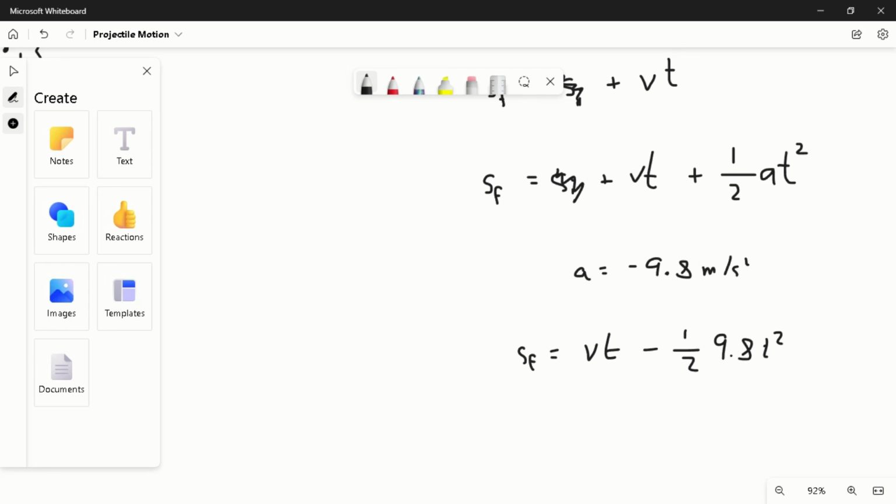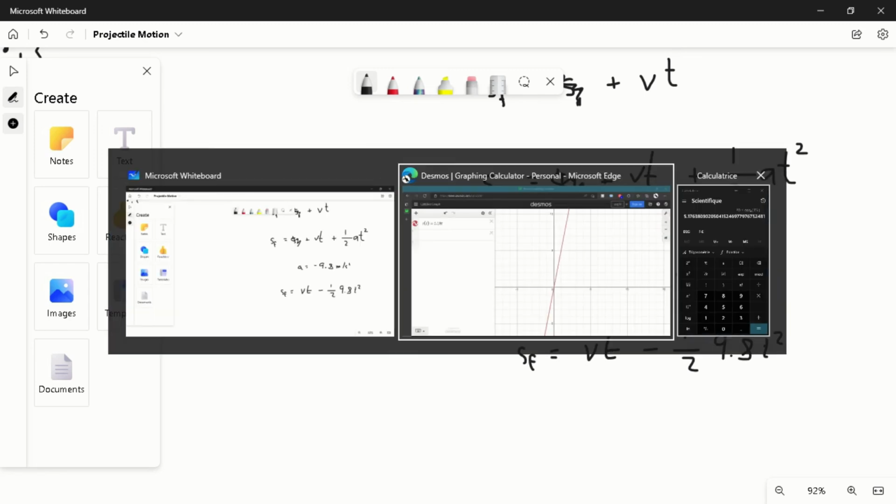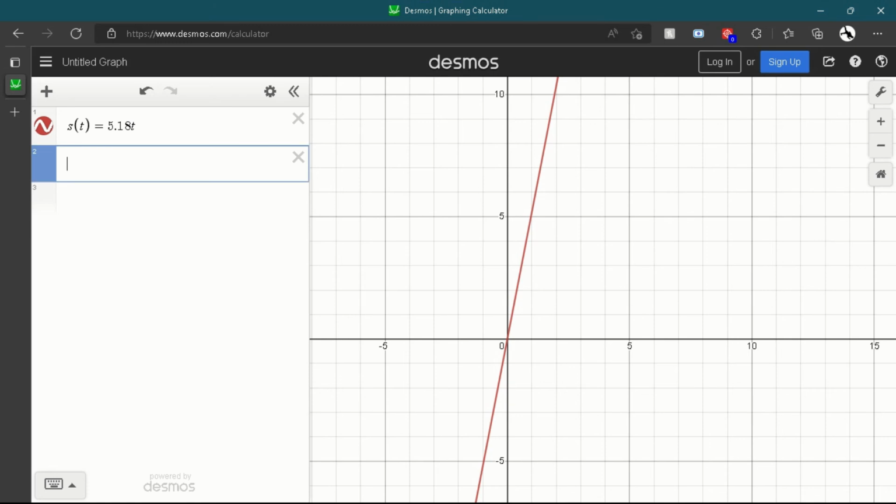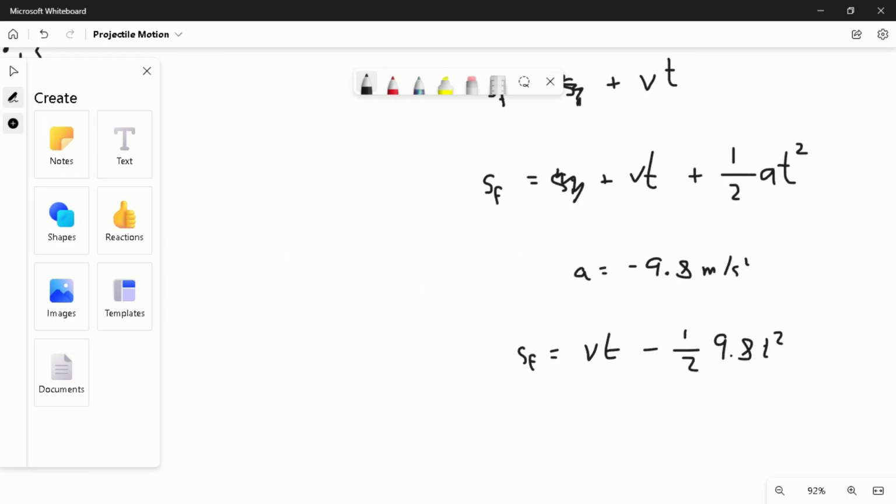And this will give us our vertical displacement at all points in time. And so let's plug that into decimals and see what that looks like. We'll call this s of t again, and we gotta use our vertical velocity this time,